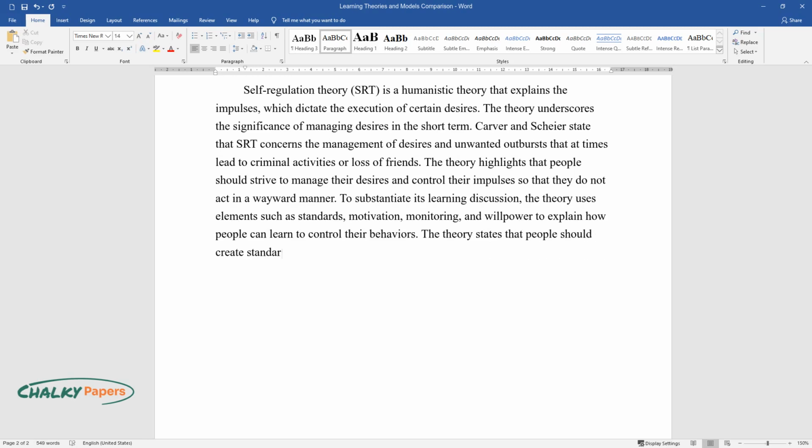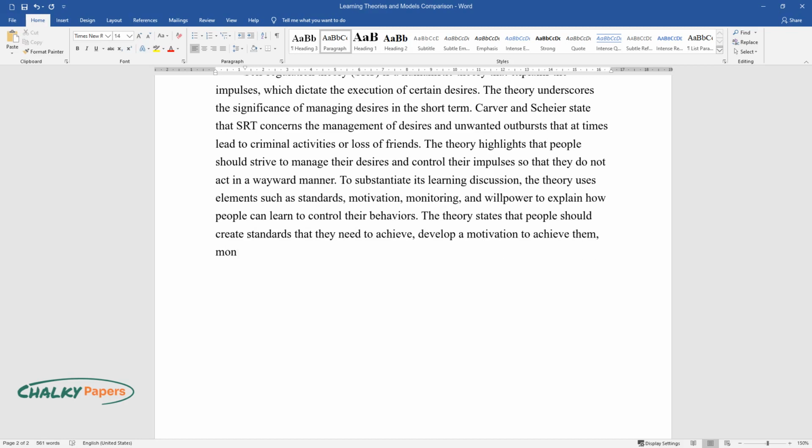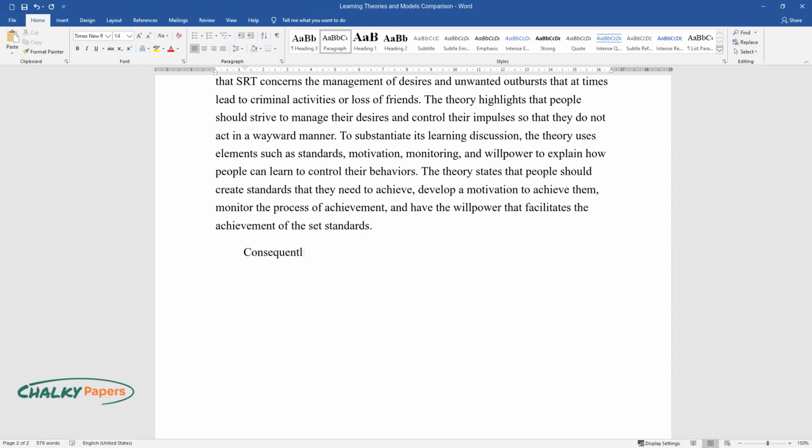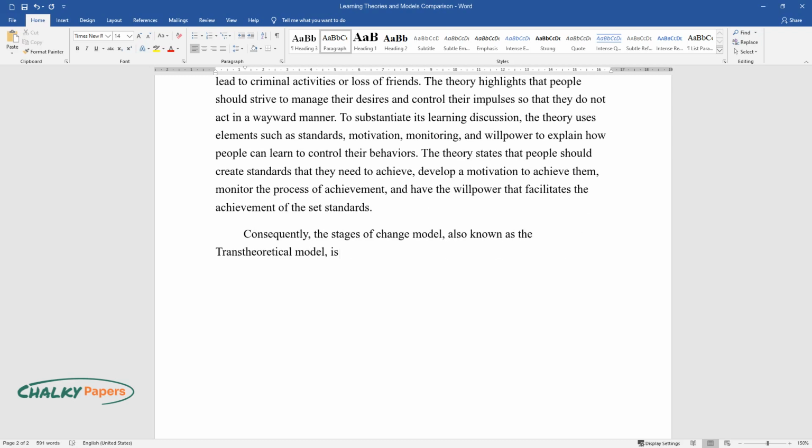The theory states that people should create standards that they need to achieve, develop a motivation to achieve them, monitor the process of achievement, and have the willpower that facilitates the achievement of the set standards. Consequently, the stages of change model, also known as the trans-theoretical model, is a humanistic model, which concerns the steps